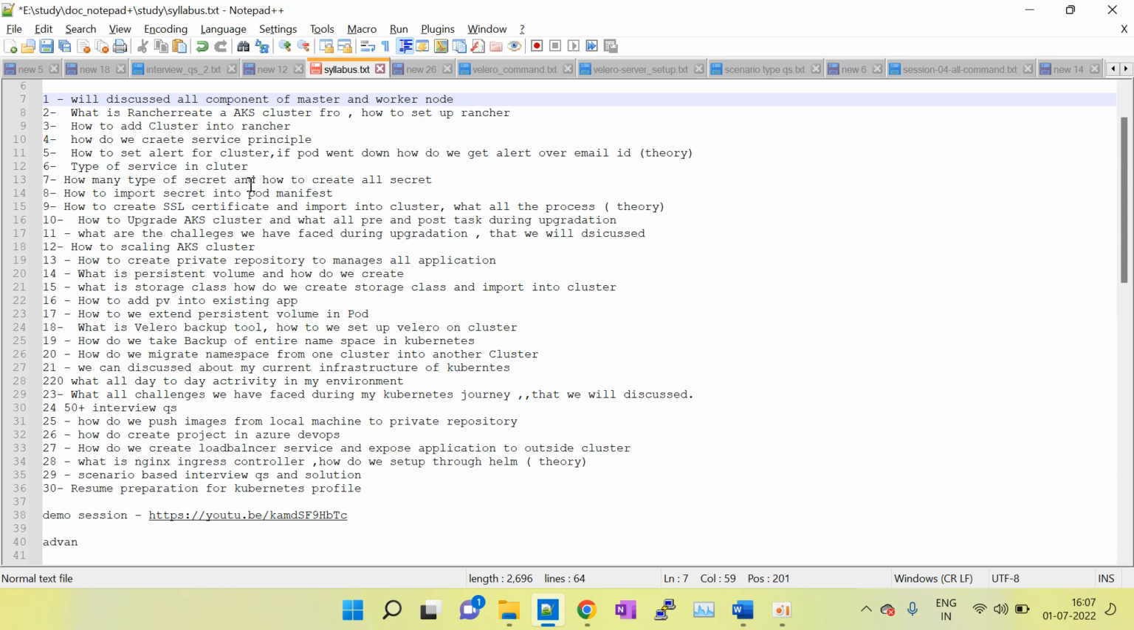So I have set up the alert so that if any issue happens, we will get the notification over the mail. Those things I have covered in this session, like how to set up the alert for the cluster and how many types of service are in a cluster. Generally three types of service: ClusterIP, NodePort, LoadBalancer, and the NGINX ingress controller. For the NGINX ingress controller, I have explained how to set up the NGINX ingress controller,